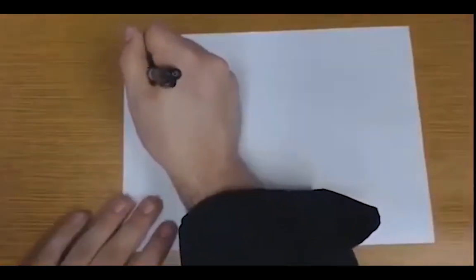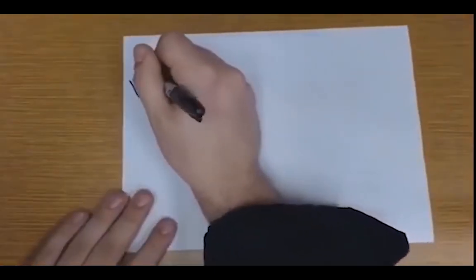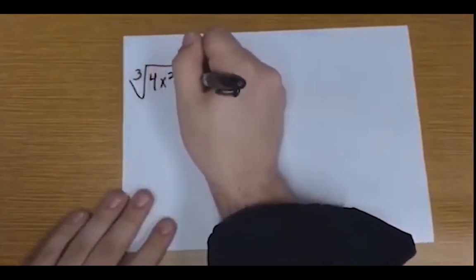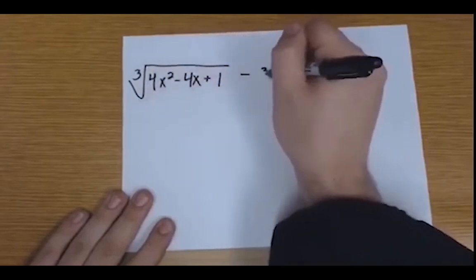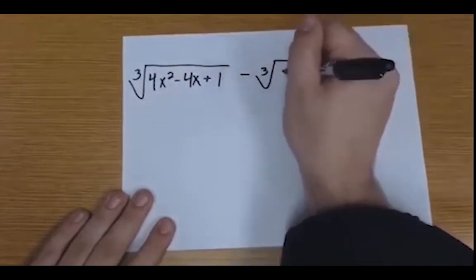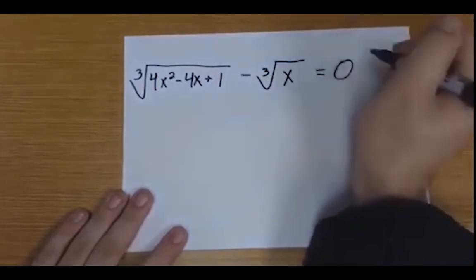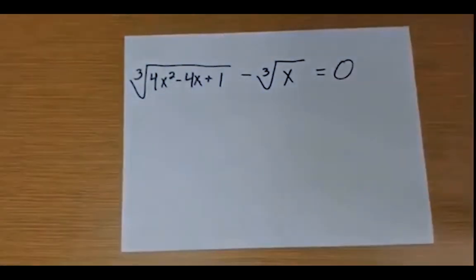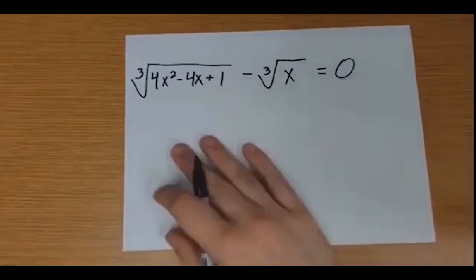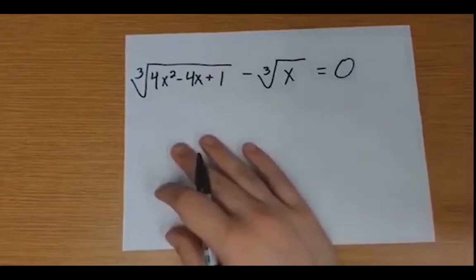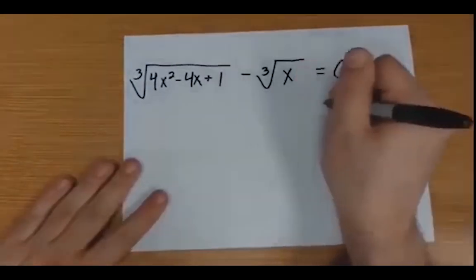We like how this one looks. Cube root of 4x squared minus 4x plus 1 minus cube root of x equals 0. You're probably thinking, what do you mean we like how this looks? We don't like how this looks. When we have 0 on one side and 2 radicals, it's so much easier. Because look what happens